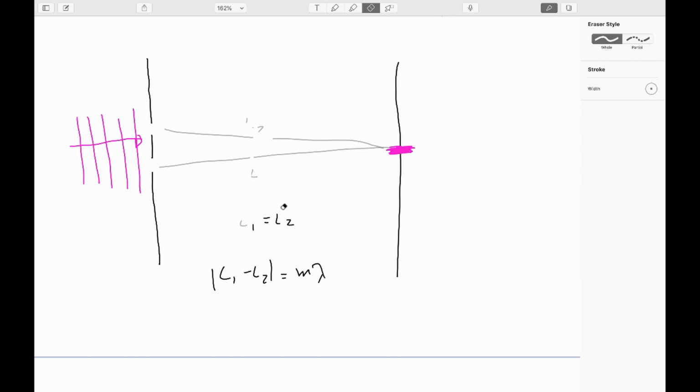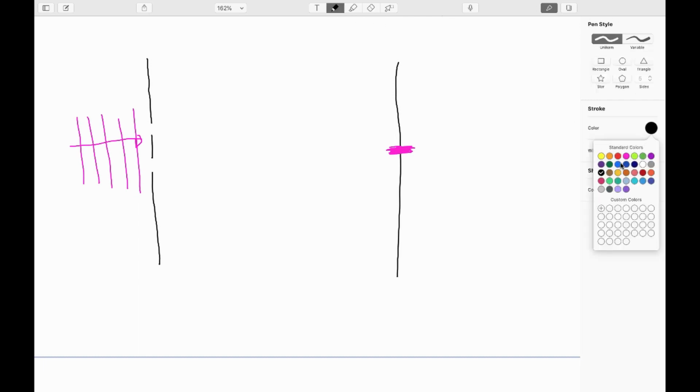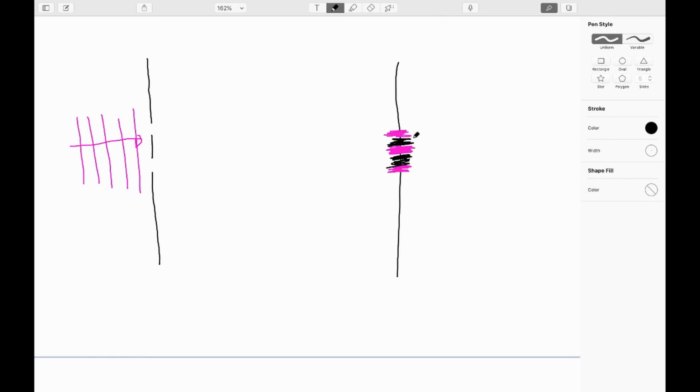Okay. And then if you go a little bit off axis, let's look over here. You'll notice that there's, say, a bright band here and a bright band here. But in between those, you'll notice that there's a reasonably dark region. And this is a continuously varying plane, to be clear. It's not quite as binary as I'm drawing it. But you look here at one of these dark zones, and you say to yourself, hey,